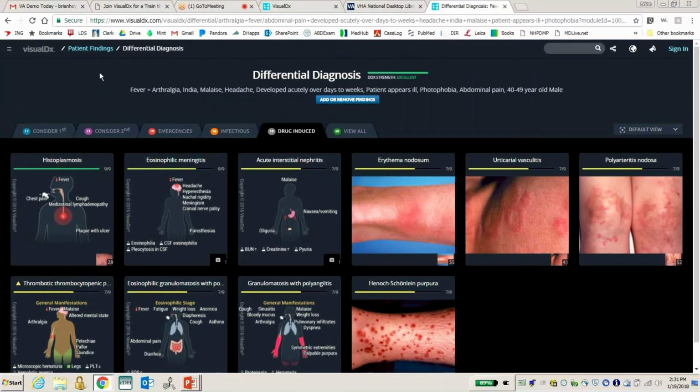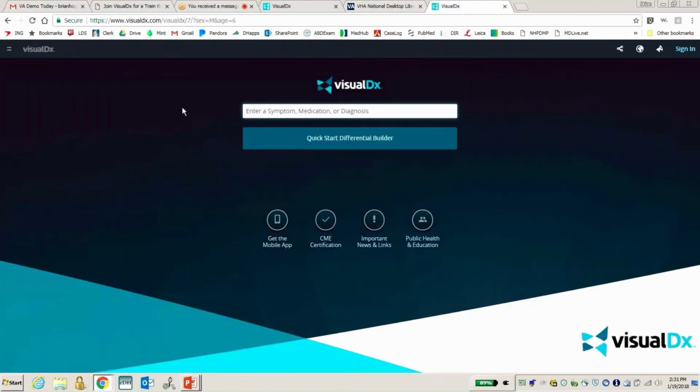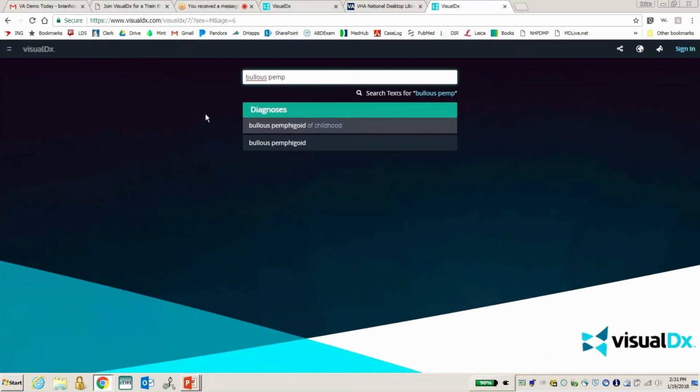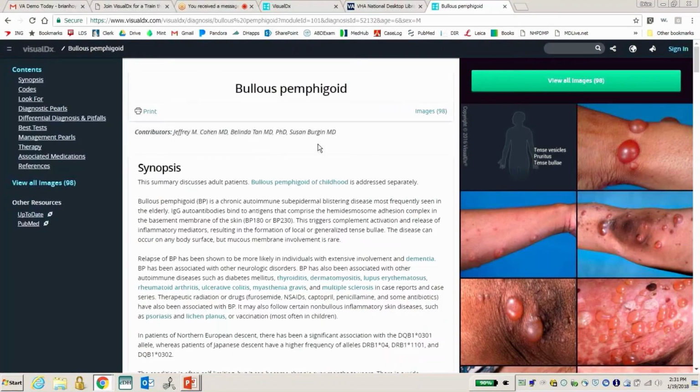The next thing that I want to show you is on the Visual DX homepage. If you want to search by diagnosis, you can also do that. So you don't want to use the differential diagnosis generator, but you're thinking maybe a patient has bullous pemphigoid. Well, what do they look like? And you can type in bullous pemphigoid and just pull it up straight as a diagnosis without going through the differential generator. And so here's a page that goes through bullous pemphigoid and talks about what it is, clinical pearls,